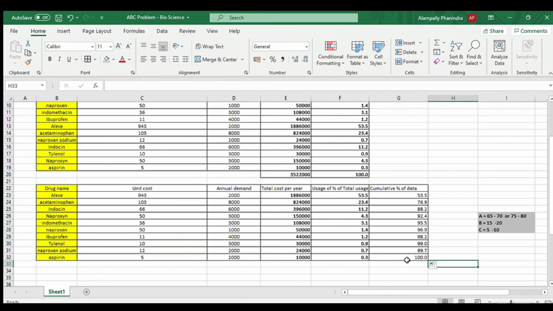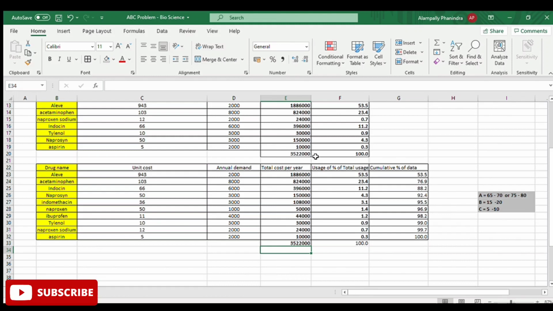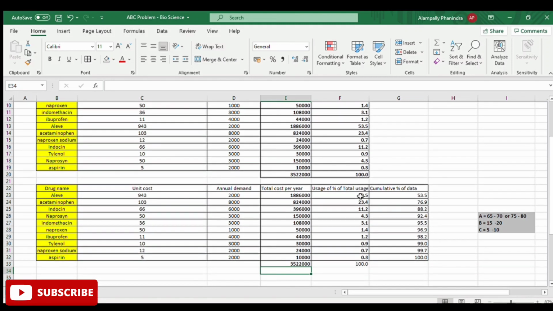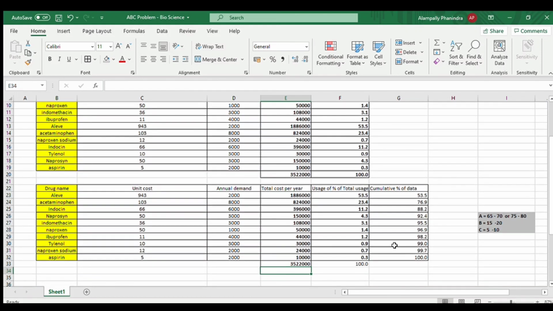Fine. And here also you are going to calculate the total values. If you calculate, it will be the same only, because we have just arranged the order in descending order, but the values are the same, right? Press equal to on your keyboard and select the sum function, and again select all of these values, right? After selecting all of these values, close the bracket, enter. 35 lakh 22,000. Here also we have got 35 lakh 22,000. So the values will not change because the values are the same, right? So that's the reason the total will not be different, it will be the same. So here you have got the cumulative percentage of the data, right?